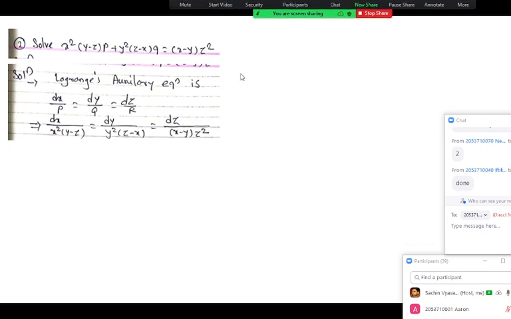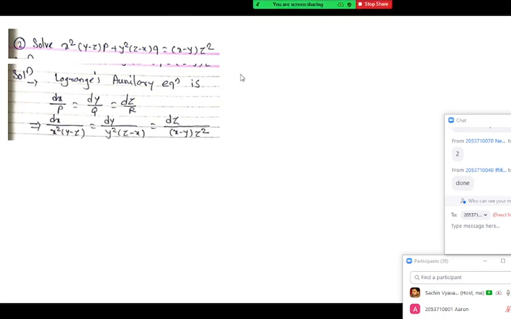So, any answer? What should be the way to get the solution? Or are you completely confused? Is direct integration possible? Tell me first. First thing: is direct integration possible? No. Okay, so the first option is over now. We cannot directly integrate. We don't have a solution there. Come to the next part then.